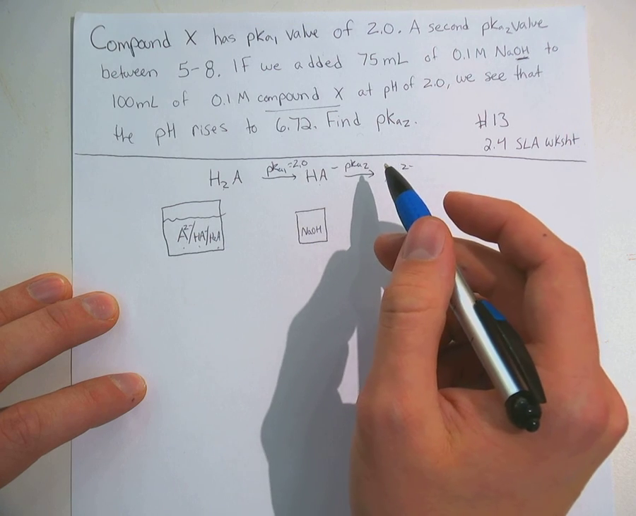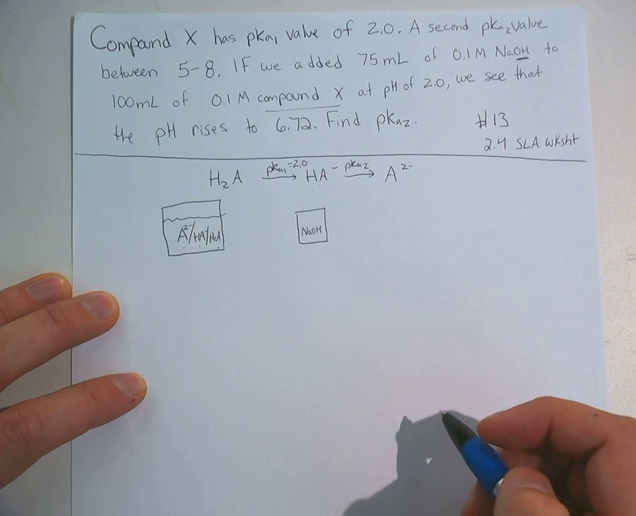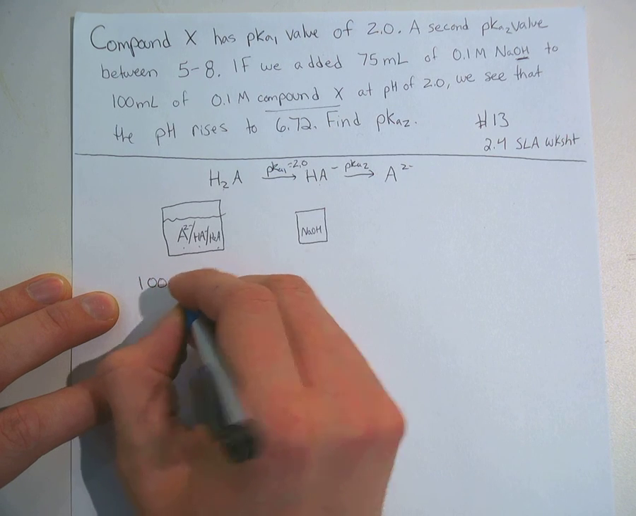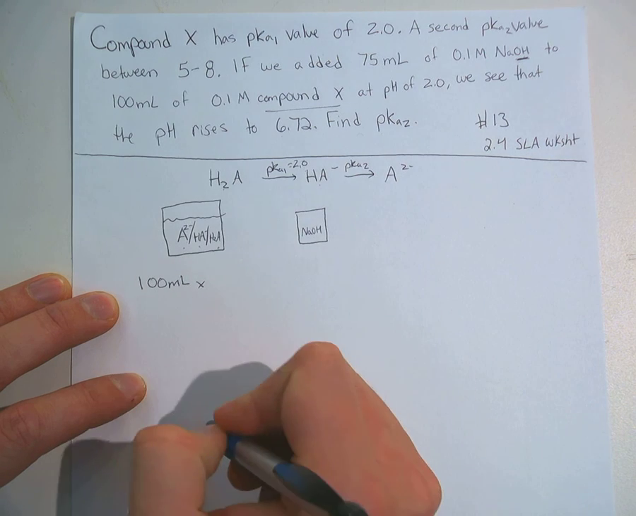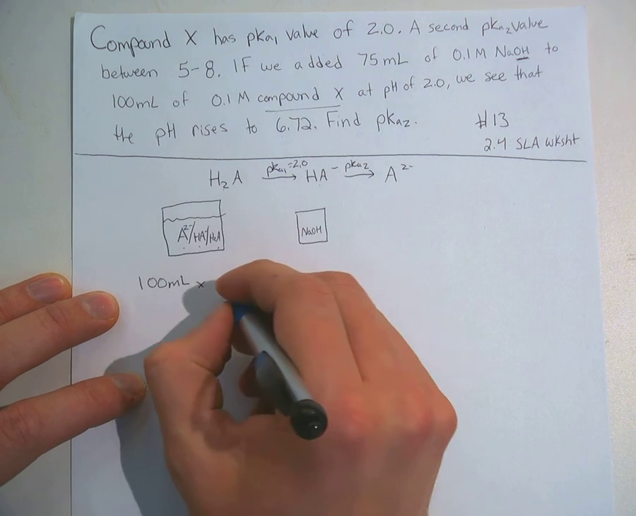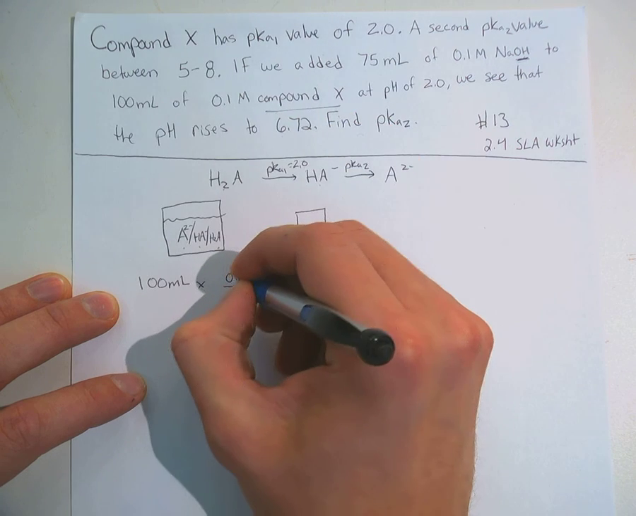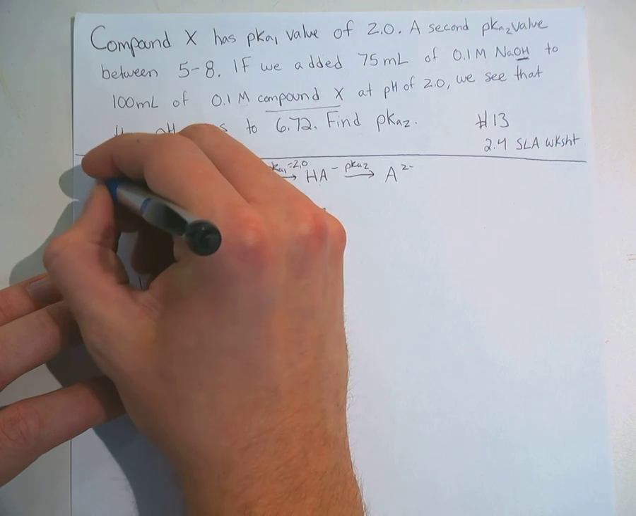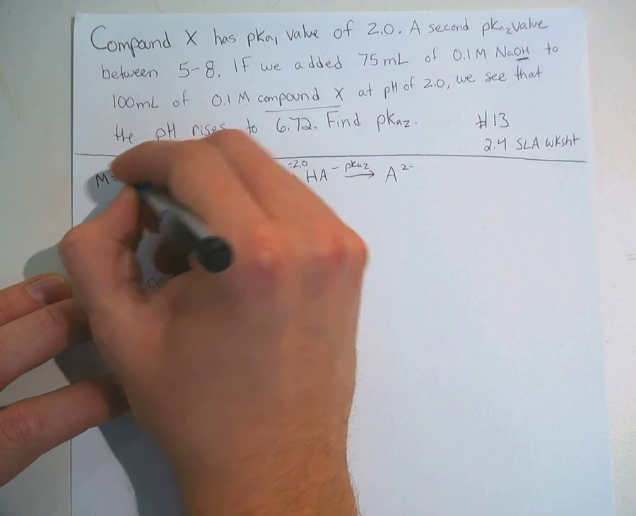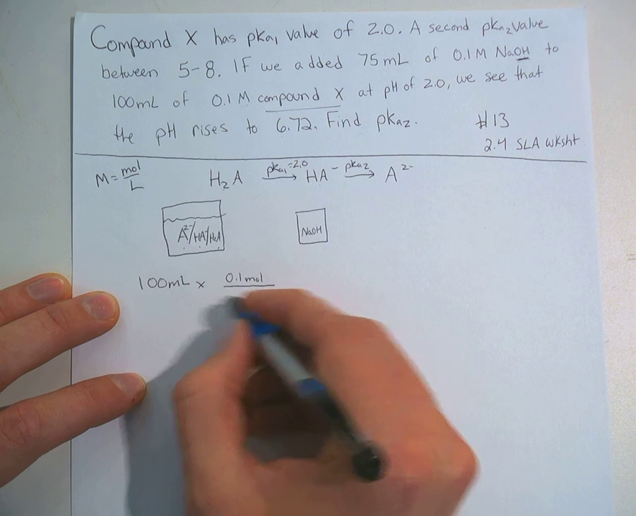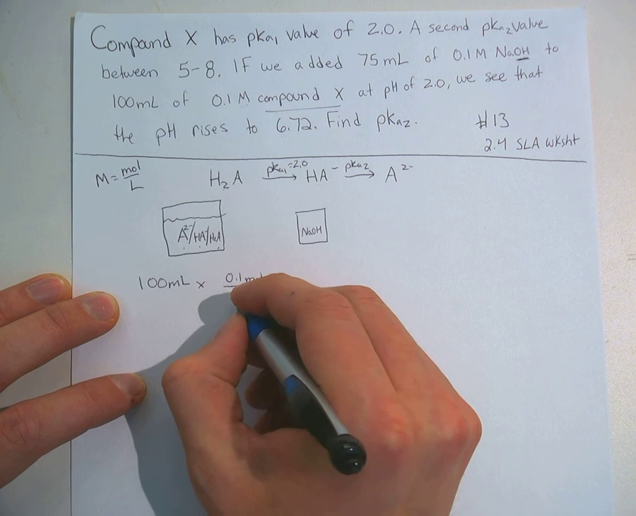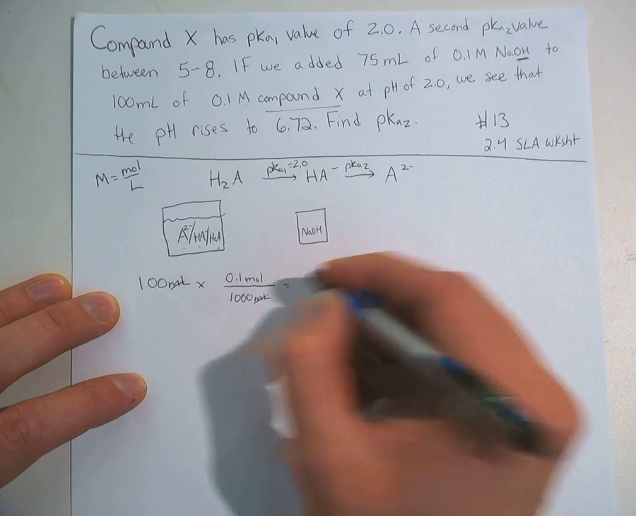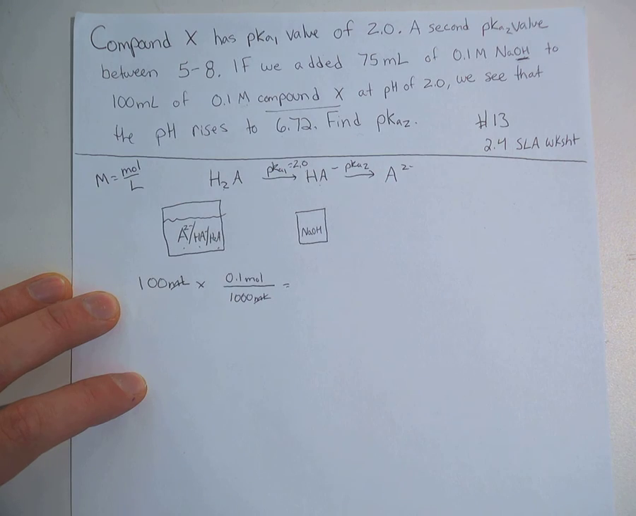So it tells me I had 100 milliliters of 0.1 molar compound. So I want to take the information I'm given and maximize it. So I have 0.1 liters, or 100 milliliters, and if I multiply that by the molarity I'm given, 0.1. Molarity is always moles over liters. So I'm going to convert this to milliliters since I already have milliliters there, and I'm going to write 1,000 milliliters because I need my units to cancel. And I'm going to multiply that, and that's going to give me